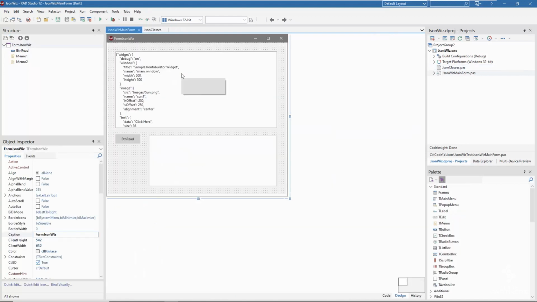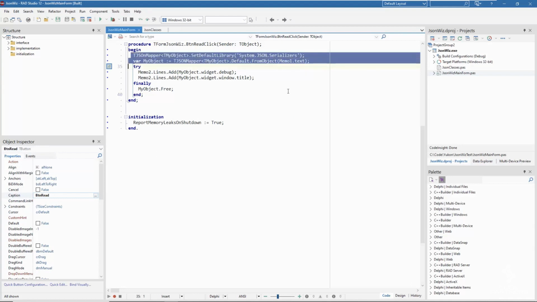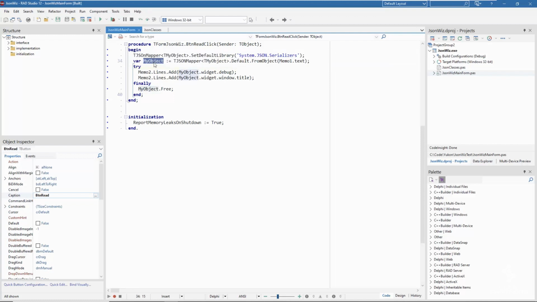That means that the code that you use to read this JSON in memory into a set of objects, not TJSON data structures, is 2 lines. This is all you need to say that you want to use the JSON serializer library and create a my object based on the JSON mapper from the text of the memo. And then at this point we can read